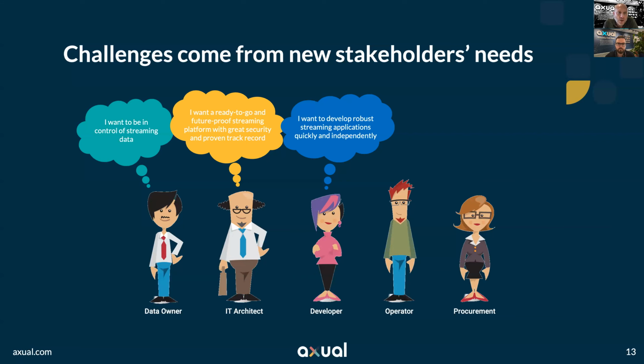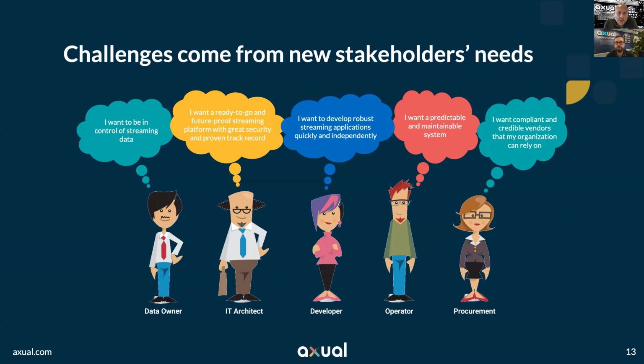So developers are looking for independence. They should be in control of their own backlog execution. They want facilities. They don't want dependence. Operators would be looking for predictability, maintainability. If you operate this platform on-premise or in your own private clouds, you want to have as little fuss in the operations as possible.